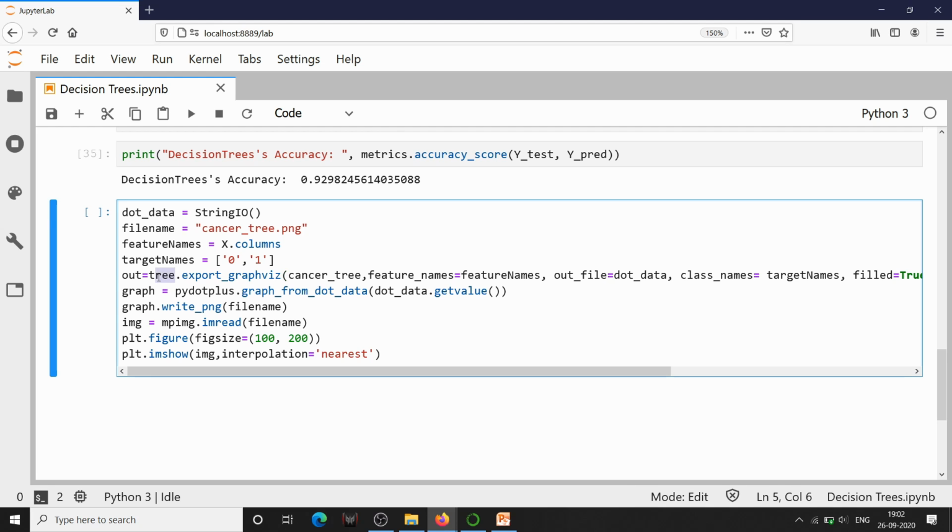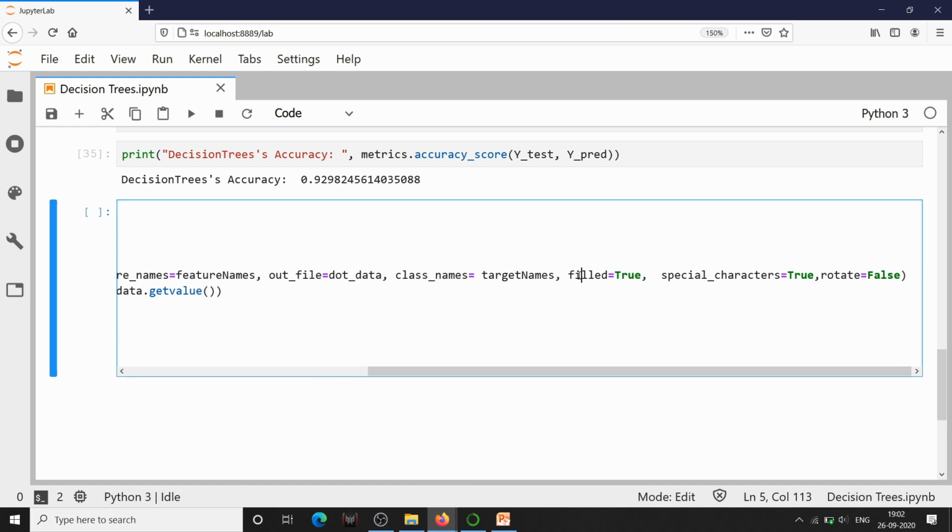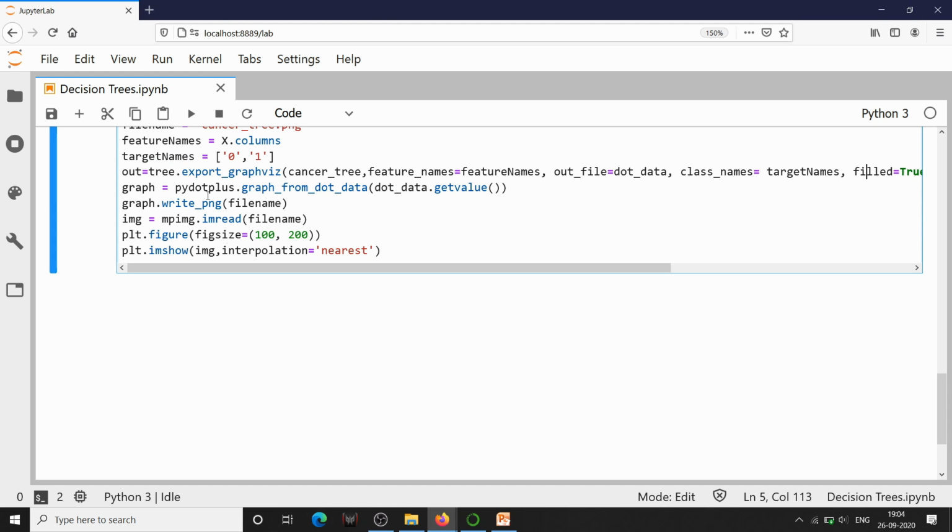From the tree module I am calling the export_graphviz function, and then I am passing the values like our model, then feature names, class names which is target names, then output file object which is mentioned as dot_data here, and rest of it you can pass as true for filled, special characters as true, rotate as false. So this pydotplus acts as an interface between GraphViz and Python to communicate in dot language which is only used in GraphViz.